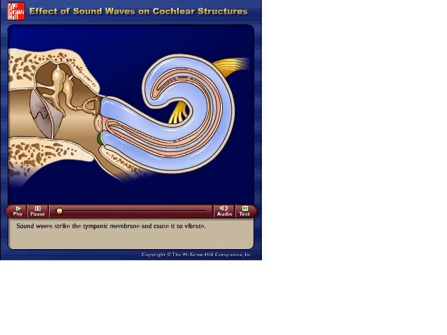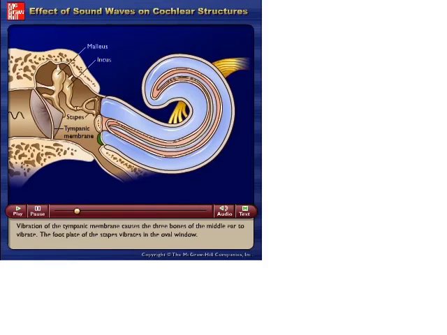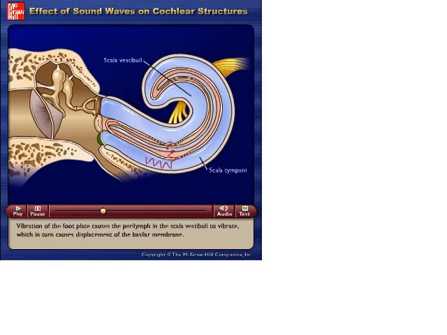Sound waves strike the tympanic membrane and cause it to vibrate. Vibration of the tympanic membrane causes the three bones of the middle ear to vibrate. The footplate of the stapes vibrates in the oval window. Vibration of the footplate causes the perilymph in the scala vestibuli to vibrate, which in turn causes displacement of the